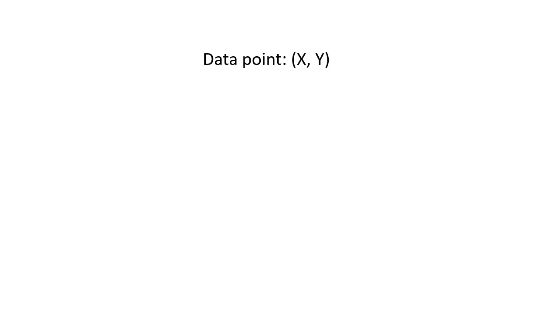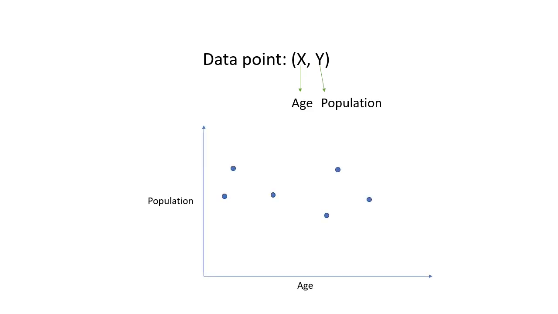Let's have a data point which will have two attributes, x and y. x can represent the age and y can represent the population count. So we can now plot a 2D graph which will have all these data points. And the point here can represent, for example, the population with age equal to 23 and the count equal